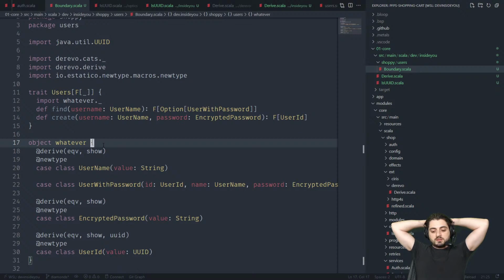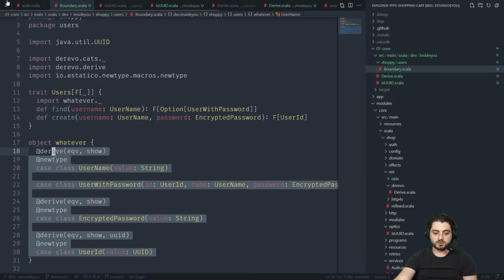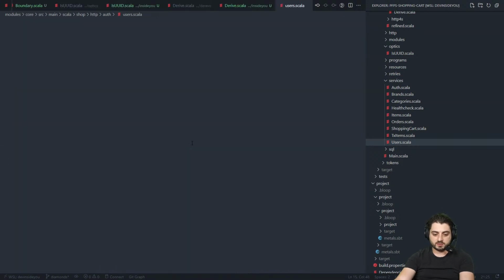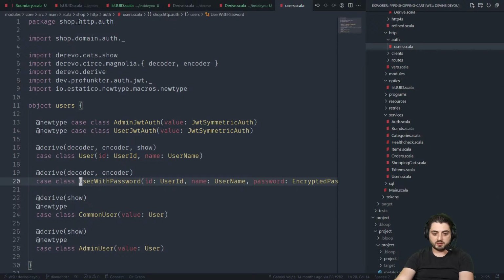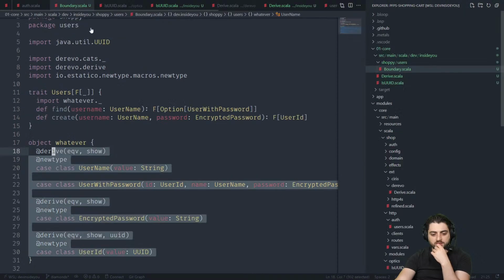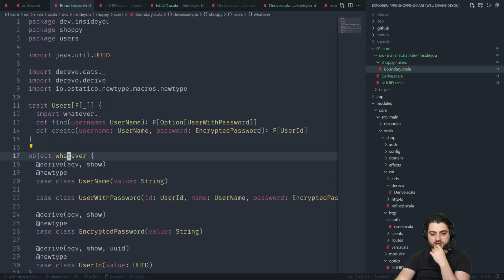That's the thing, I cannot have, so here's the thing, in Gabriel's version where everything is in one thing, these things are kind of global, right? So if we go back here, if you look, for example, in this thing, it's under shop HTTP auth and then users. By the way, it's under auth, so maybe this is not even the core of the application, but we'll see. For now, we're going to give them a dedicated namespace, which is, you know, Shopee